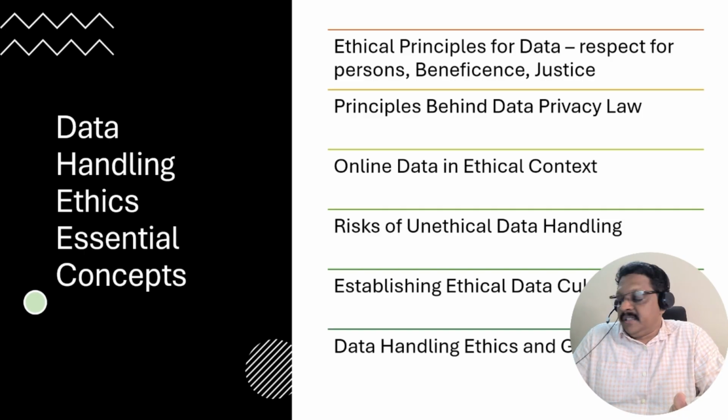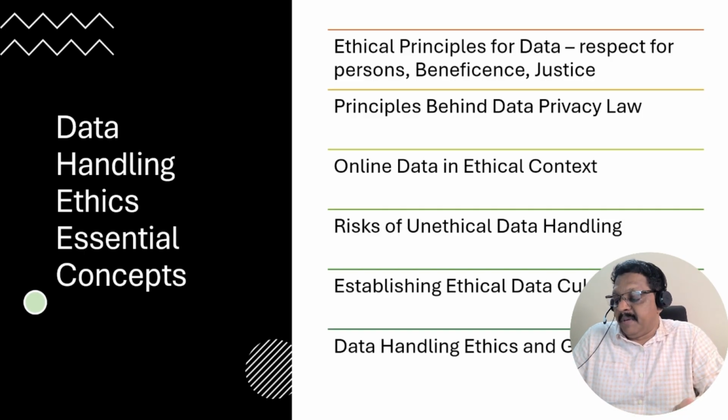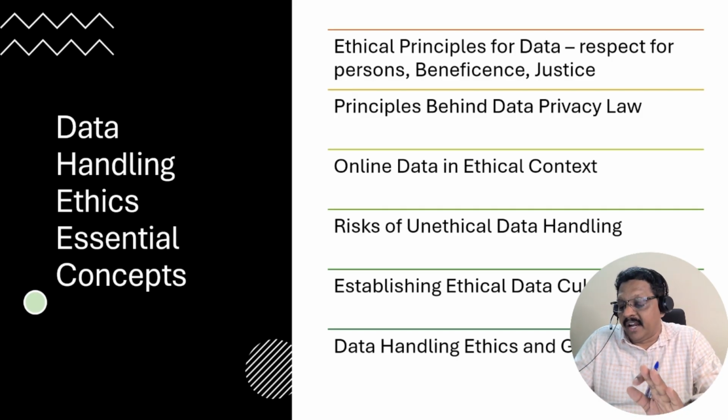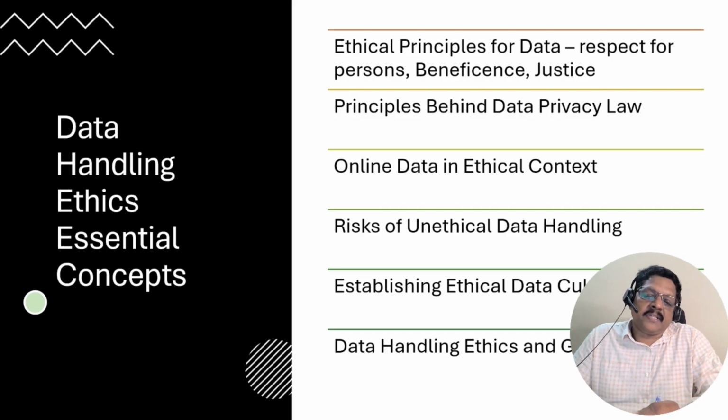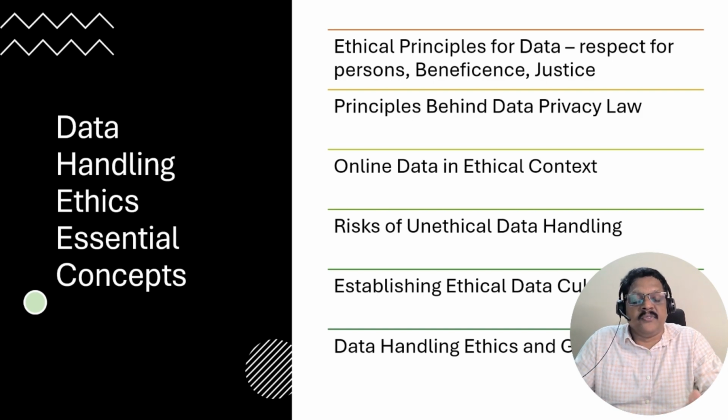So first, they are having fairness, lawfulness, and transparency. Personal data shall be processed lawfully, fairly, and in a transparent manner in relation to the data subject. Another principle is purpose limitation. What is purpose limitation? If you collect the data, that should be for a specified, explicit, and legitimate purpose. It should not be used for other purposes.